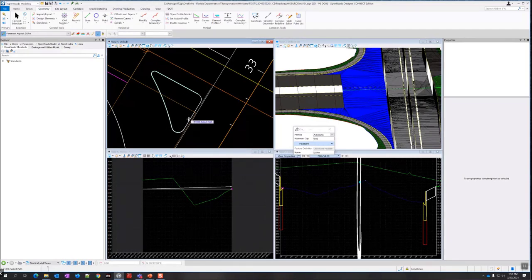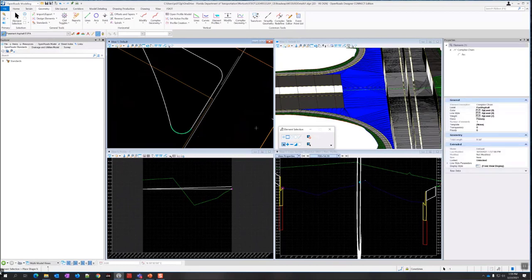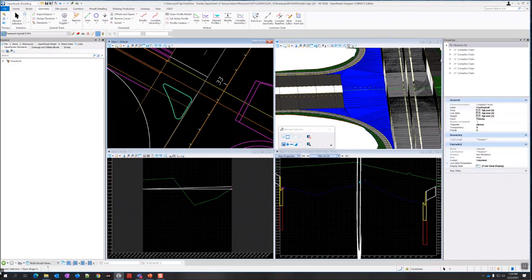It says fork, select path. So the automatic, sometimes it, you know what, I probably have a duplicate there. Let me just check that real quick. There's no reason it should be forking. No, I don't have a duplicate. One, two, three, four, five, six. Yeah, it's only 6 elements. Okay.